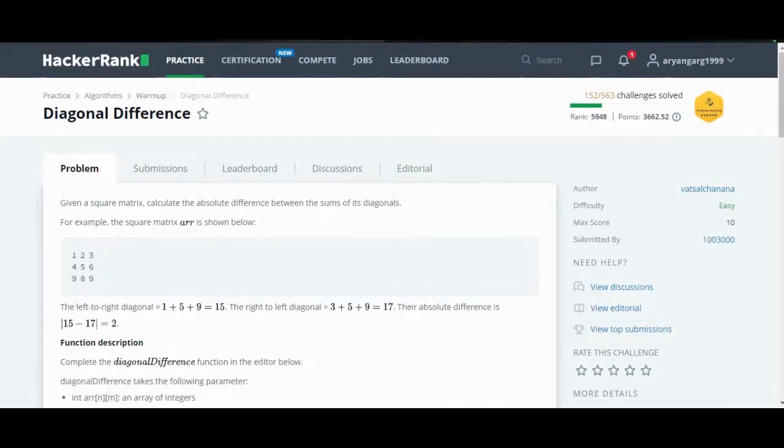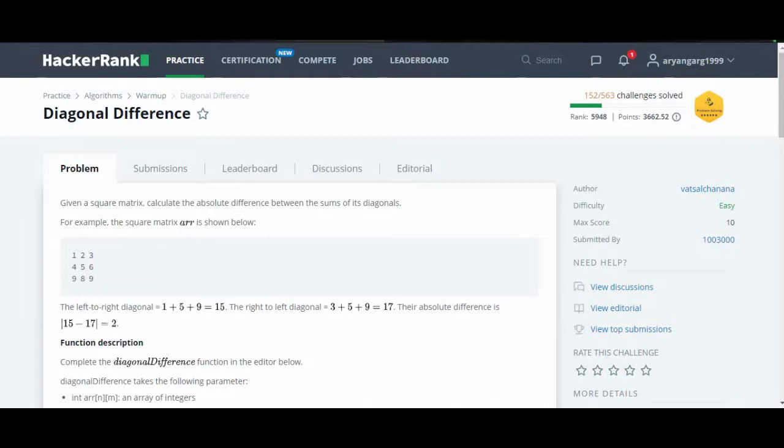This is also an easy level HackerRank problem which has been submitted by almost 10 lakh people. The topic of this problem is diagonal difference. So I hope you all know about matrices. A matrix is nothing but a two dimensional array which has rows and columns. So these are rows and these are columns, right? Vertically the arrangement is a column and the horizontal arrangement is a row.